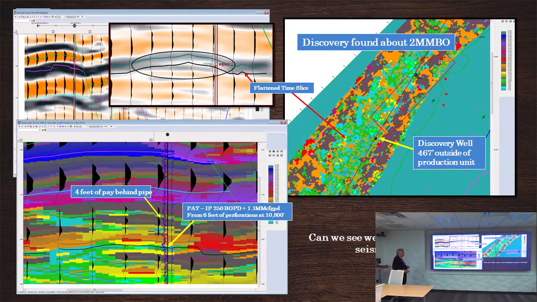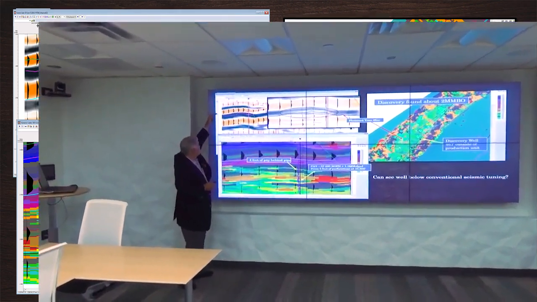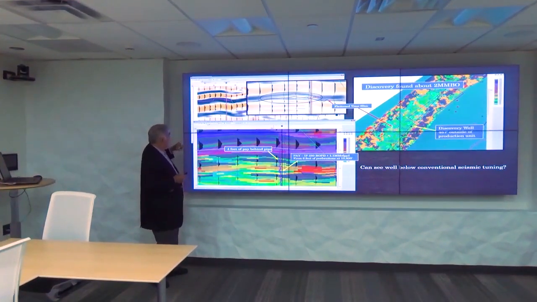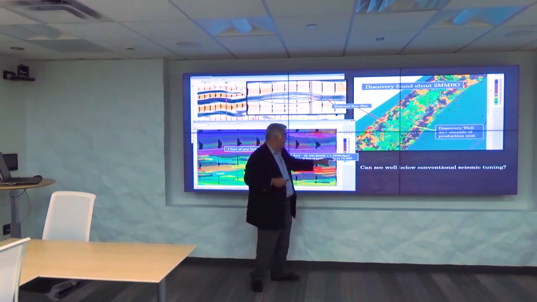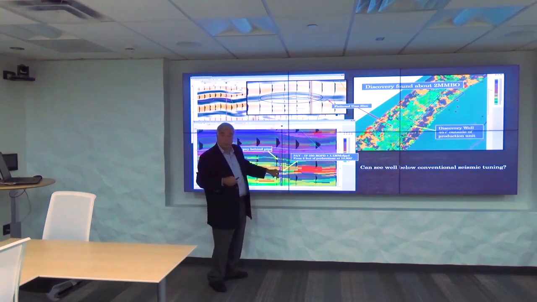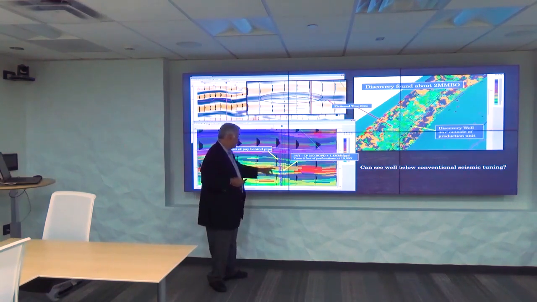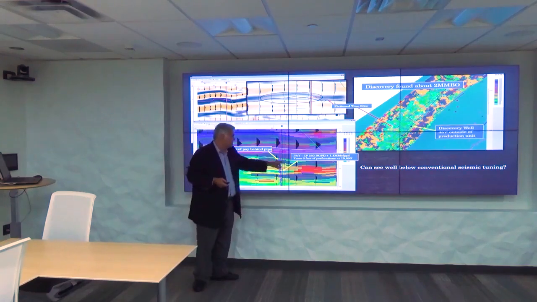Here's another example. This is down at 10,000. Yeah. This is 2.5 seconds, 2.7, 2.8. I think we're around a depth of 10,000. Yeah, here we go. There's 6 feet of pay perforations at 10,800 feet. And that is this point right here. And what you're looking at then is, well, we'll not spend too much time on this, but there was 6 foot of pay here, 4 foot of pay there, and those tracked to neurons that were able to be